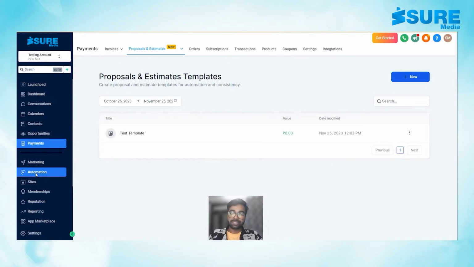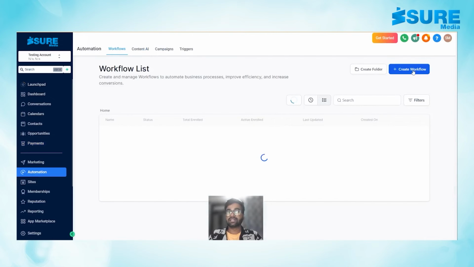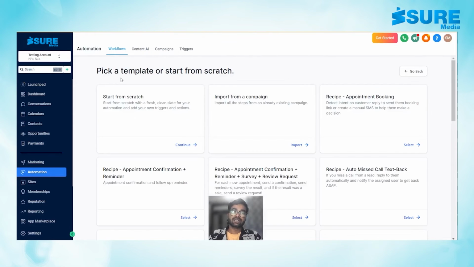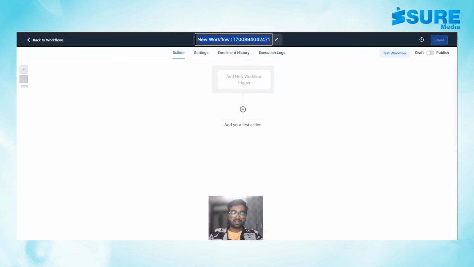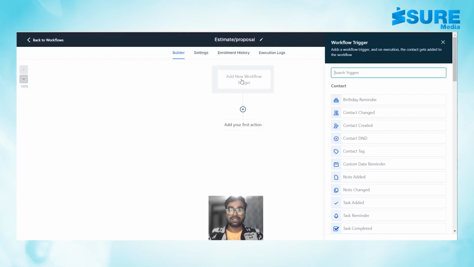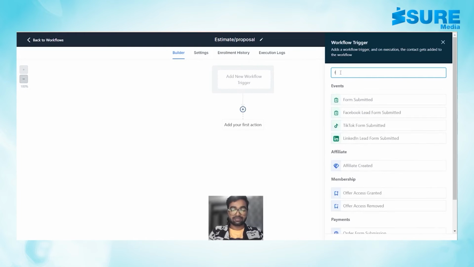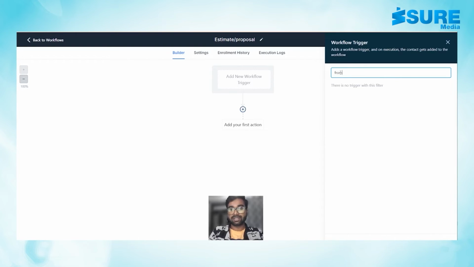Now go to automation, click on workflow, click on create new workflow, click on start from scratch. Now rename this, I will rename this as estimate proposal. Now, as I mentioned earlier, the trigger can be any of the actions that you want. So I will take the trigger as